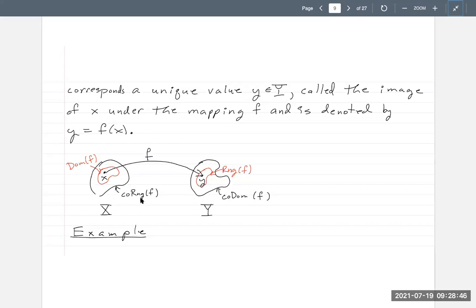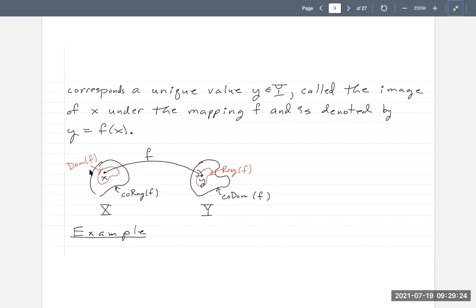But the reason that they don't do that is because in some situations, especially when dealing with inverse functions, they do have to assume that the corange is the same as your domain. And I will actually use that also. So I will also assume that when I'm talking about inverse functions, my domain is the same as my corange. But in general, we don't have to worry about inverse functions until Math 262. So in this course,